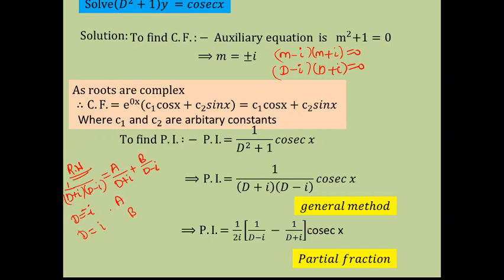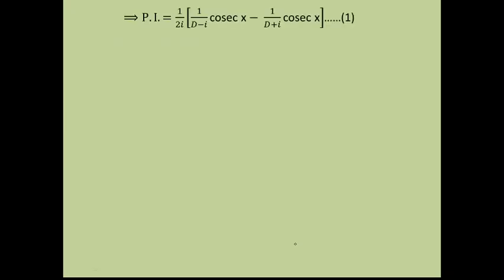What we will do now is multiply by this function on each linear factor. So we have 1 upon D minus i operating on cosec x and 1 upon D plus i operating on cosec x. So let's operate these two factors according to the formula. Let's consider the first one, 1 upon D minus i cosec x. According to the formula, it is e raised to power, the value of m is what? i, right? So e raised to power ix